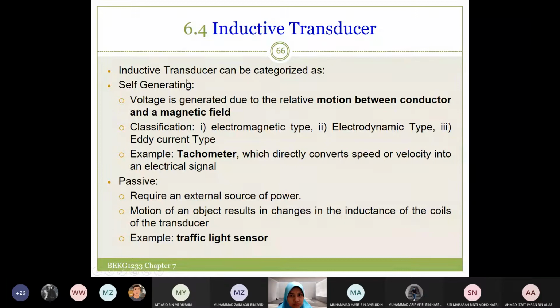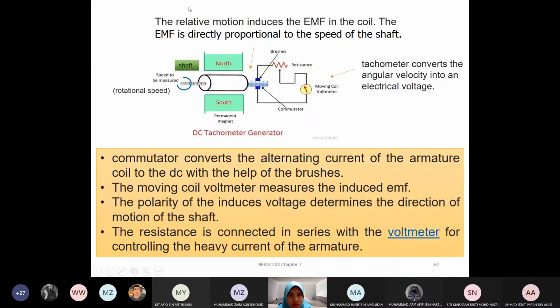Okay, inductive transducer can be categorized into self-generating and passive. For self-generating, meaning that voltage is generated due to the relative motion between conductor and a magnetic field. For example, tachometer, which directly converts speed or velocity into an electrical signal, but the fundamental is induction. The relative motion induced